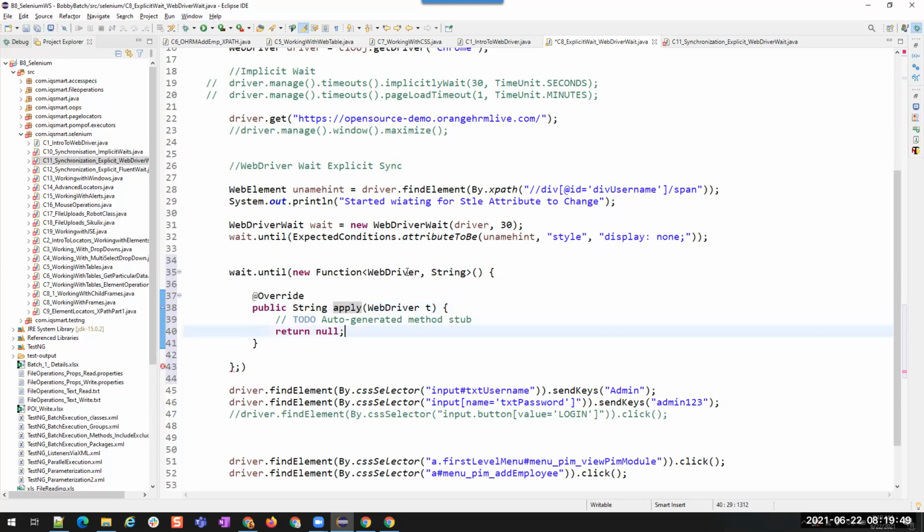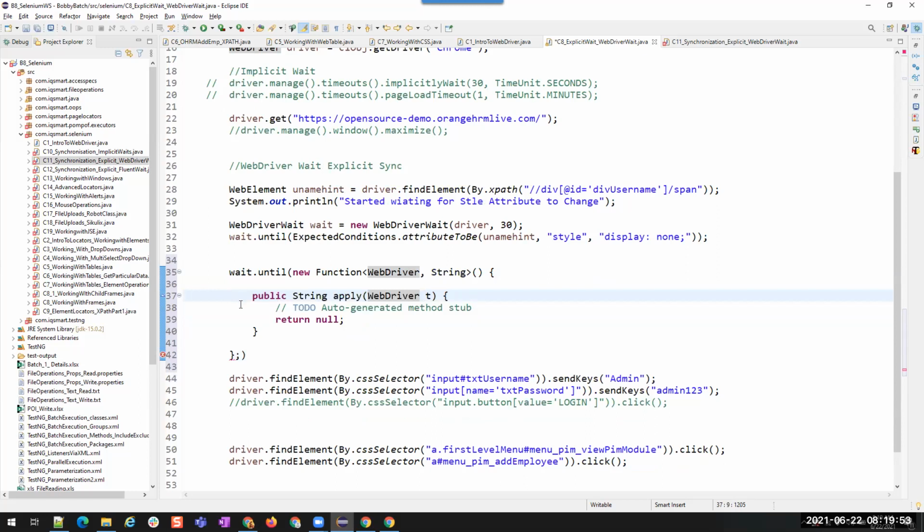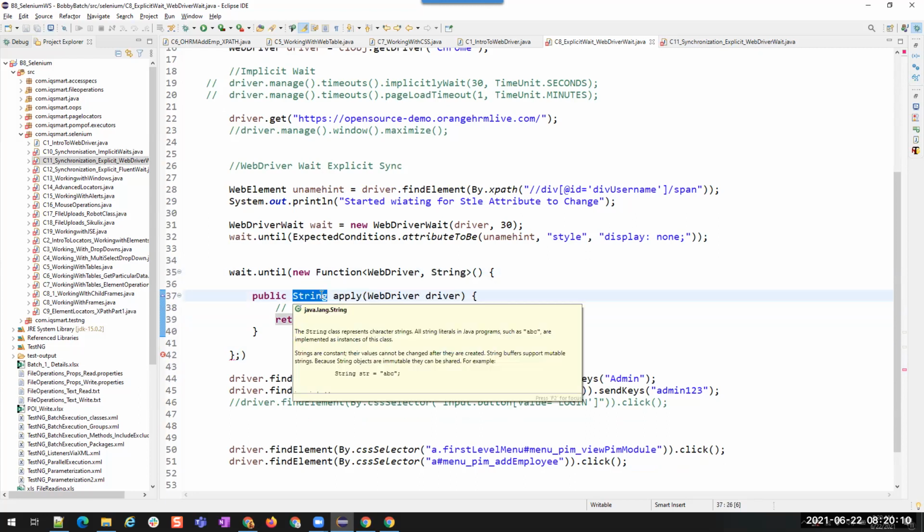At any time, if you want to write the code inside this function, you have to use the method named apply. By default we are passing this driver object, so we'll say WebDriver driver, some variable name. Since this is a String, this is automatically generated as String.